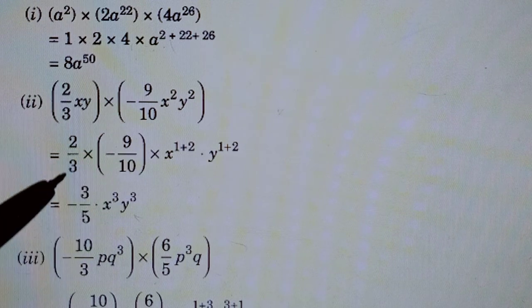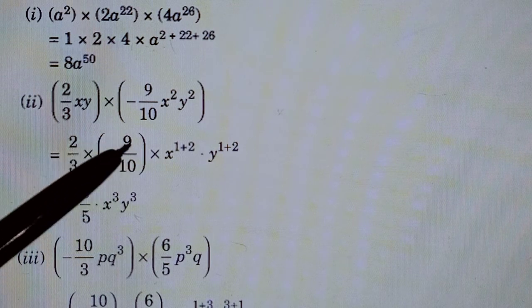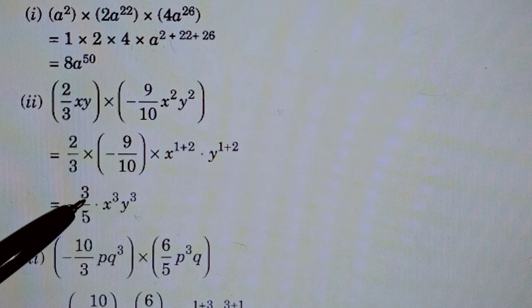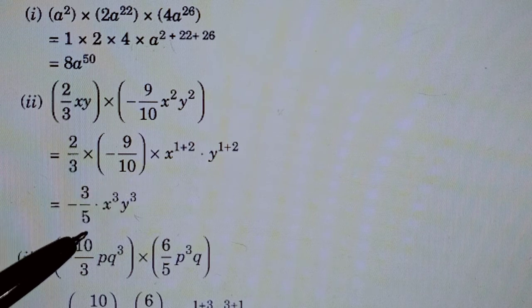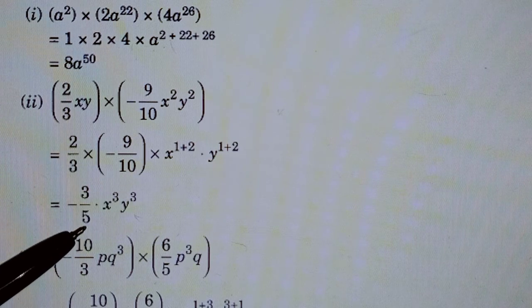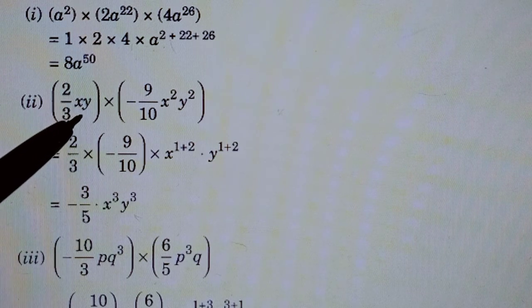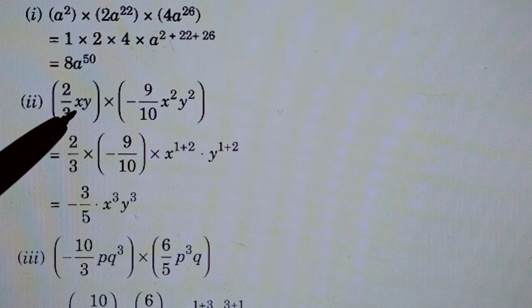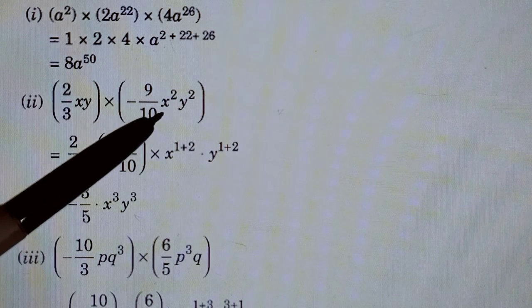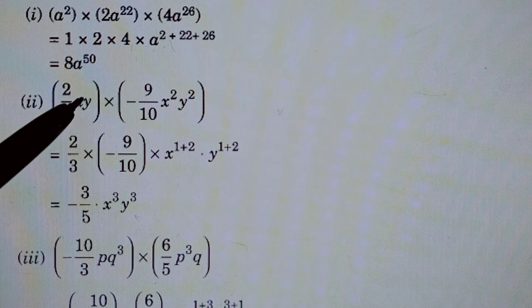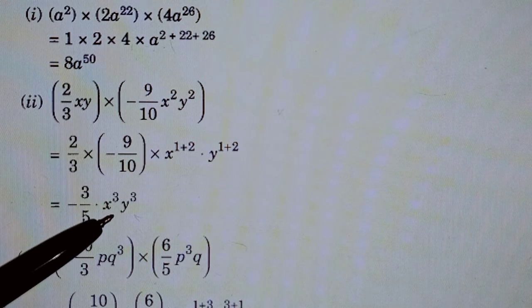Okay. So you can show this cancelling here. 3 1s are 3, 3 3s are 9. So in the numerator you're getting 3 and this 2 has cancelled this 10. So in the denominator you're left with 5 only. And then the variables will be the same, same variables. You look for x. Do we have more x? Yes, we had x square. So 2 plus 1. Total we have x cubes.